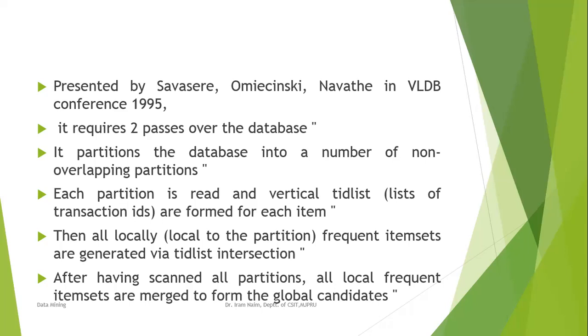Okay. So in the Apriori algorithm, what are we doing? We are finding out the frequent item sets, and at the last we are taking the union of all the frequent item sets. The same thing is done here, but within the partitions. Okay. And we scan all the partitions and find out the local frequent sets. And when we find all the local frequent sets in different partitions, then we take the union of those. Let's see an example.